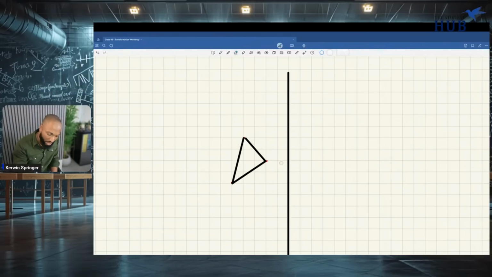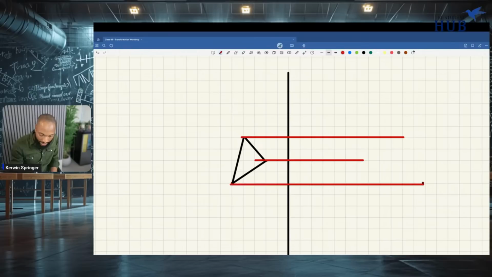You know what I mean by 90 degrees? Normal right angle. So that's one. You can usually accomplish this with your set square. So 90 degrees to the mirror line. And then what else do you need? Remember, you want to show the construction, right? You don't want to just draw it.